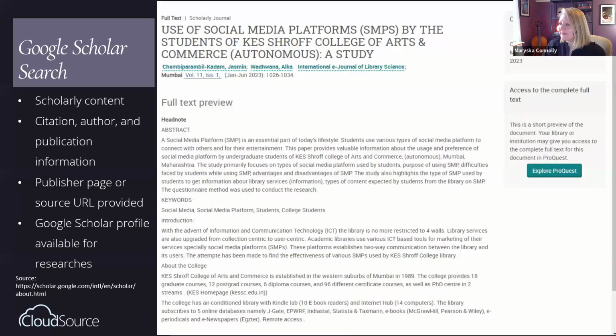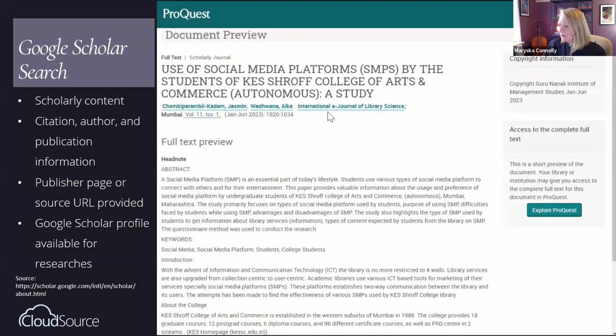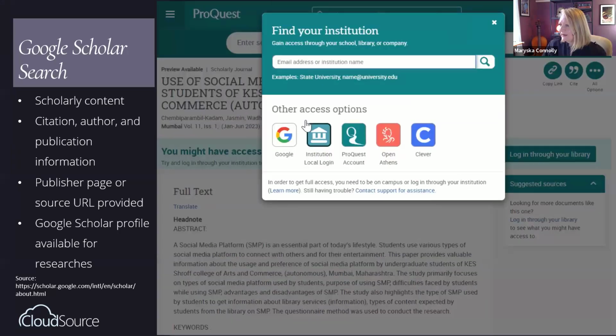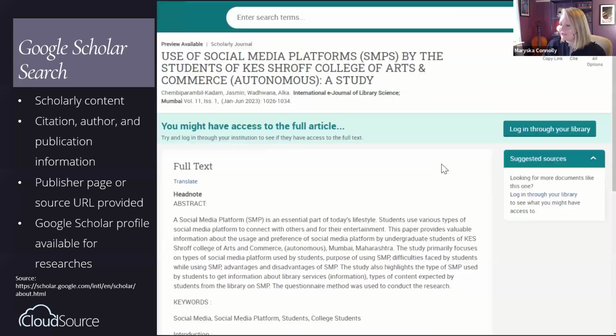And this one here, it's not immediately obvious how to see the full text, but I do see this Explore ProQuest over here. So I'm going to go ahead and click on that and see what I get. And here we go. I am prompted to log in through my institution. So